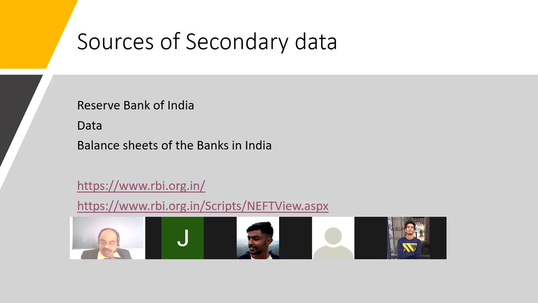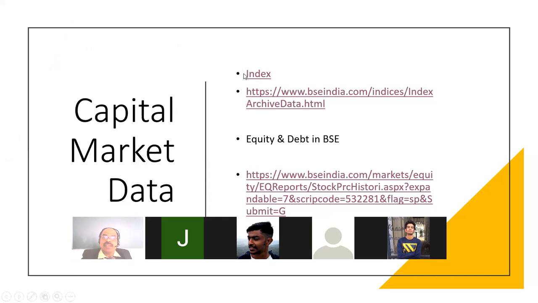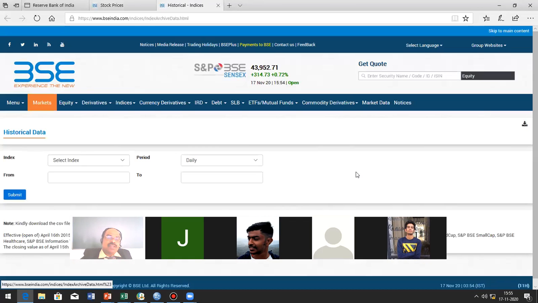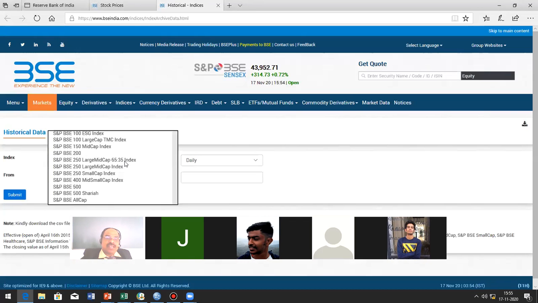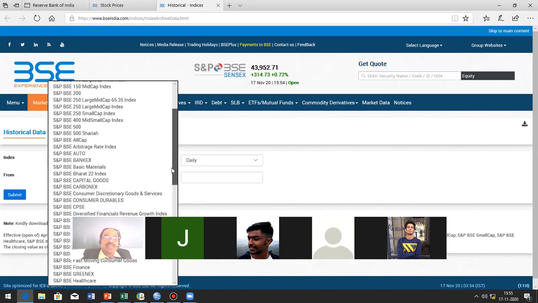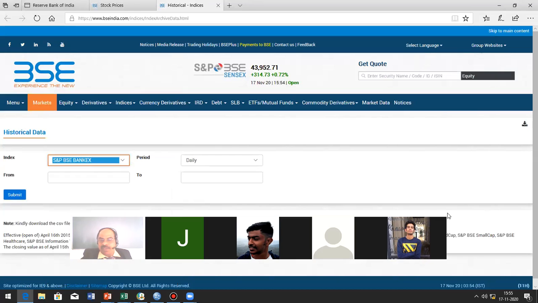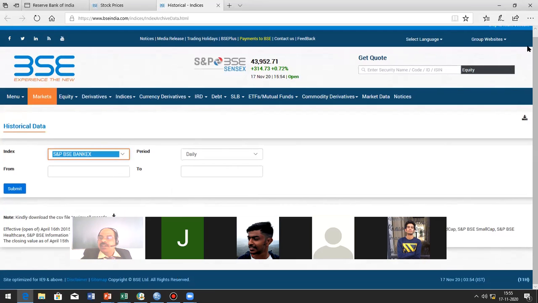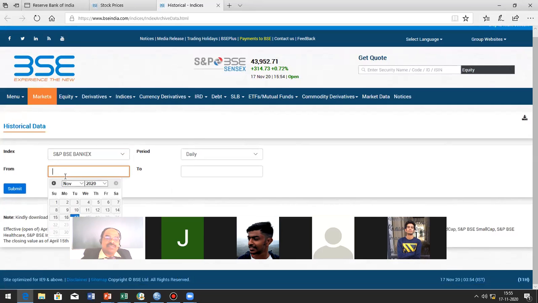So what I am doing, I am going to the historical index page and selecting the Bank X. Okay, same period, because Deepak is very much interested in the State Bank. So 6 months data.